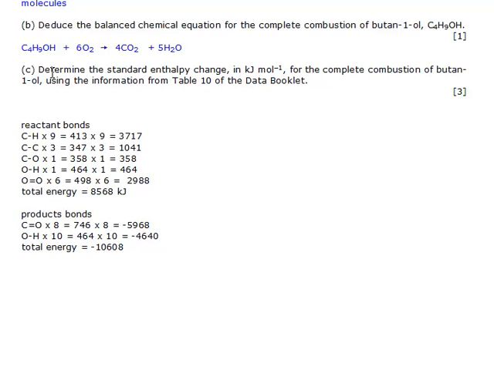Okay, now to determine the standard enthalpy change then, using this information, what we do is we just add these two values. So we just come down here, and I want to just cheat. I want to say standard enthalpy change. I'm going to copy it here. Standard enthalpy change equals 8568 minus 10608. And that equals